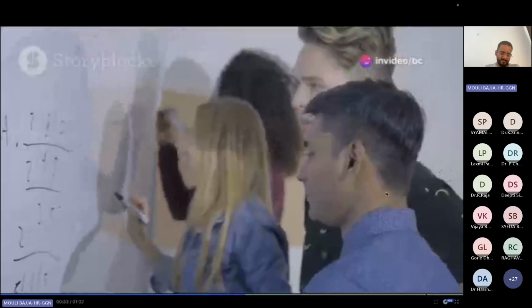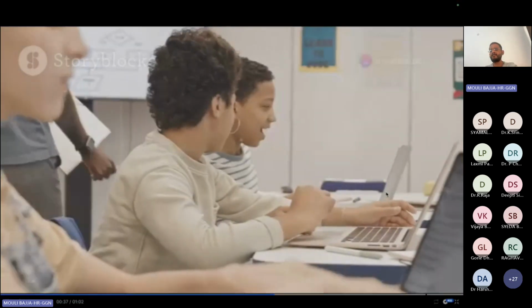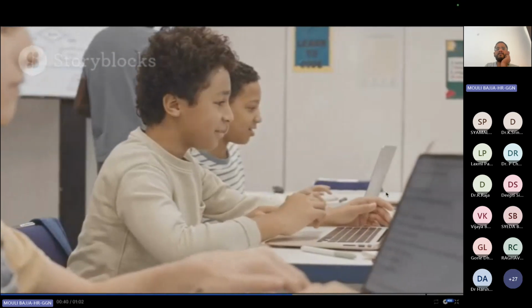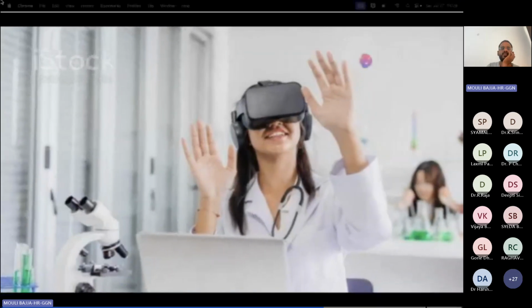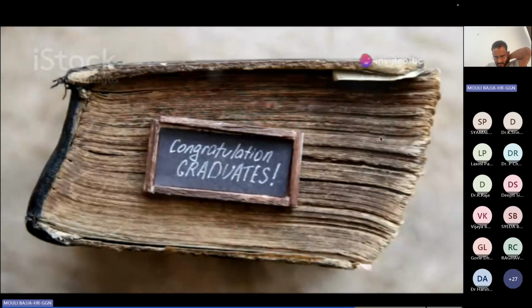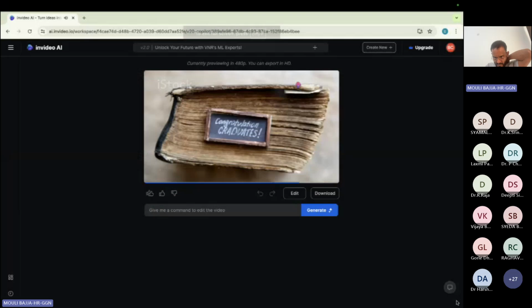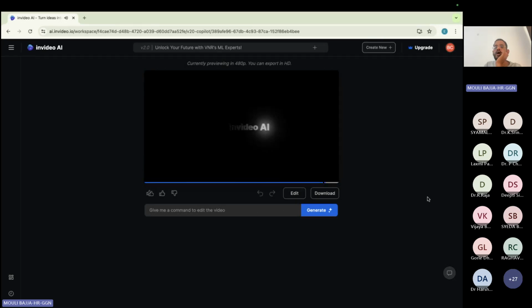Picture yourself solving real-world problems before you even graduate. Step into a classroom where innovation meets inspiration, where your ideas are nurtured and your skills are sharpened. This is your chance to learn from the best, to become the best. Join VNR Engineering College today, and let's turn your passion for machine learning into a successful, future-ready career. Ready to be a leader in tech? Your journey starts here. How is this video?